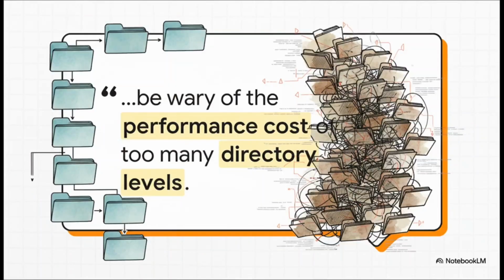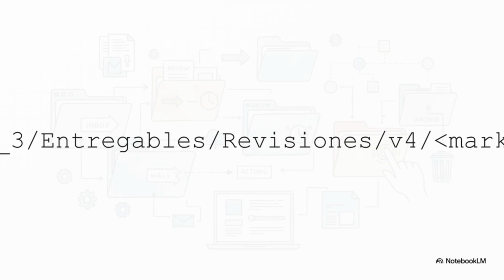And what's so fascinating is that this isn't just a human problem. Developers know this. A computer file system's performance can actually slow down and degrade if it has too many nested folders or too many files in one place. Our mental clutter has a direct parallel in the machine's technical performance. Come on, we've all seen this, right? Or worse, we've created it. This right here is the exact moment a logical, well-intentioned system just descends into pure madness. It's a digital breadcrumb trail that leads directly to a headache.